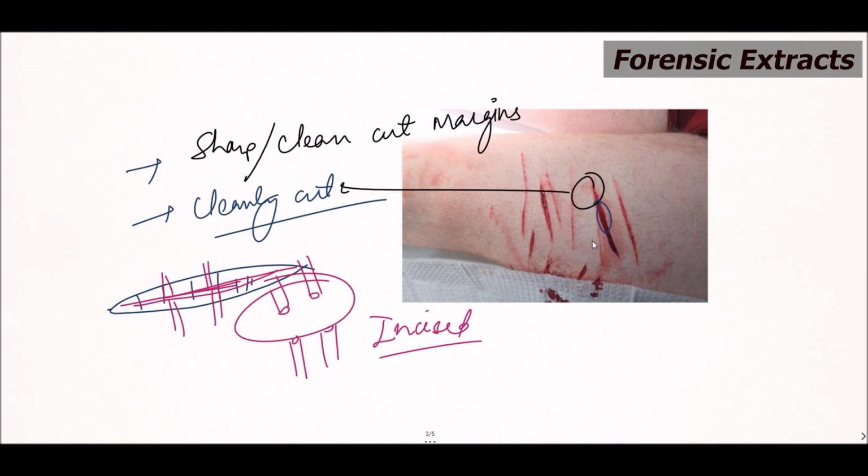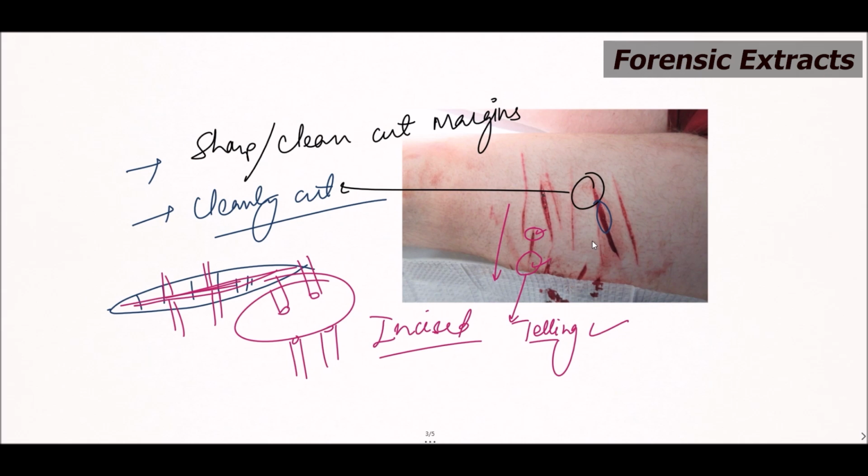Suppose this is the starting point and this is the end point, so it is comparatively deeper, and this is the superficial part. This is known as the tailing. It tells the direction of force applied. So the direction of force was towards this side, and this is a very important finding and one of the characteristic features